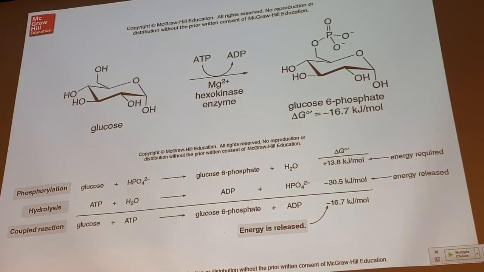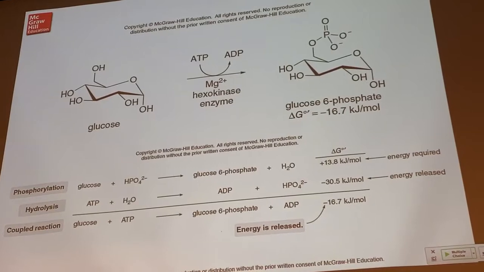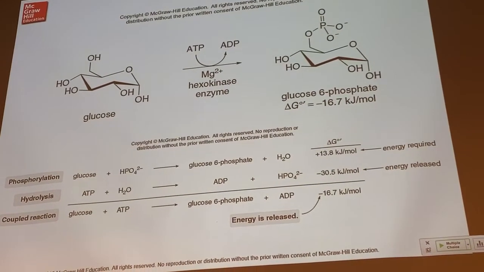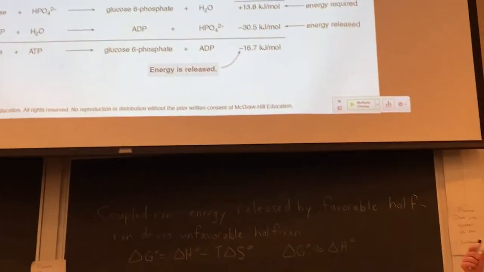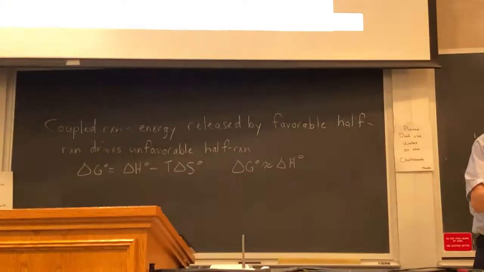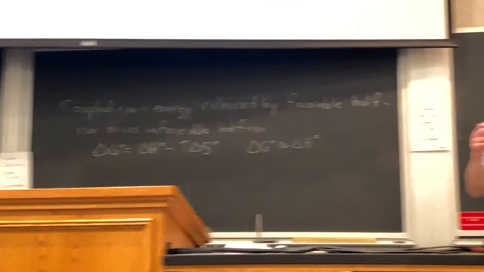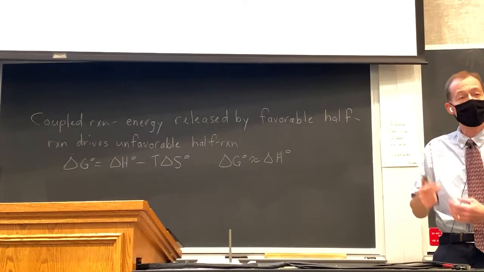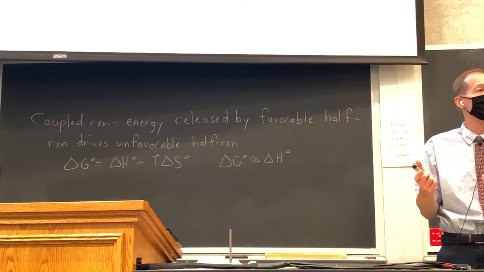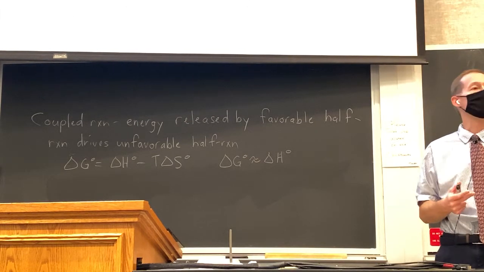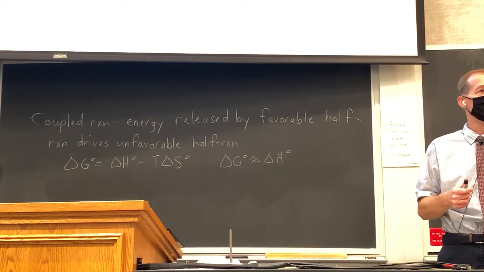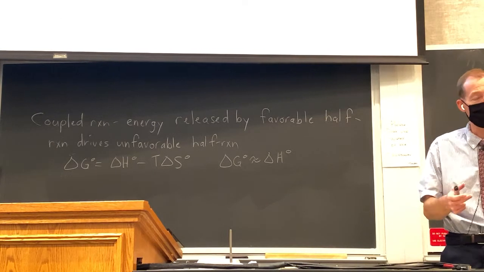These are called coupled reactions because usually if we were to consider these two reactions separately as half reactions, it's important to note that that's not how it occurs. You don't really have two half reactions occurring. We just have one whole reaction occurring. But if we pretended that there were half reactions and we split it up, one of those half reactions would be thermodynamically unfavored, and the other one would be thermodynamically favorable, and that would provide the driving force for the